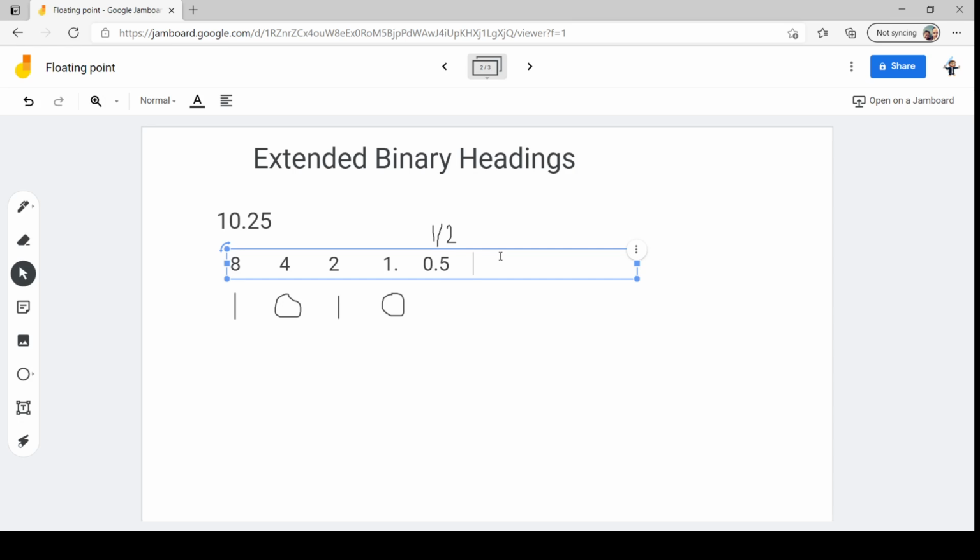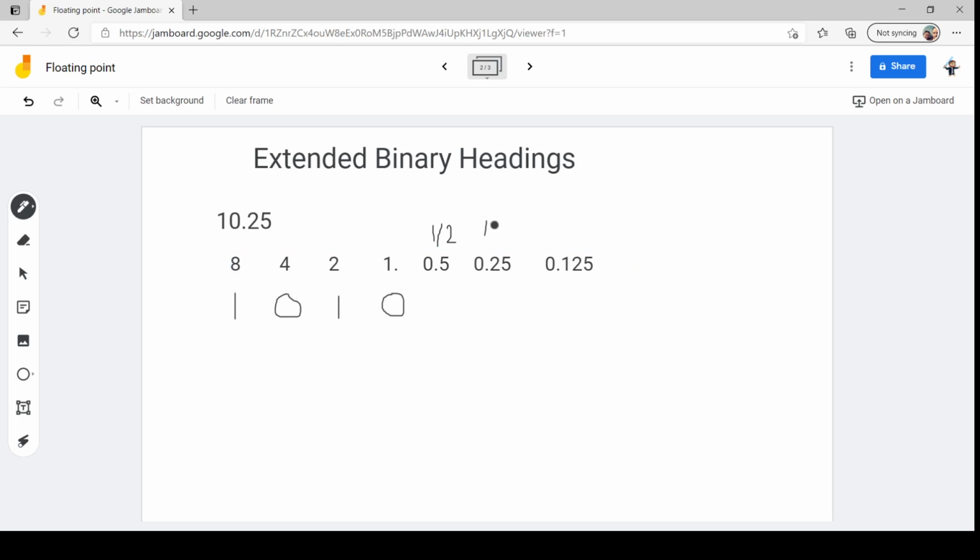Once we've done a half, it's the same as before: we double, but this time we're doubling the 2. So after a half, we get a quarter, and a quarter is 0.25. Then after a quarter, we've got an eighth, which is 0.125. So that's a quarter, and this is an eighth. So if we put our full stop here,